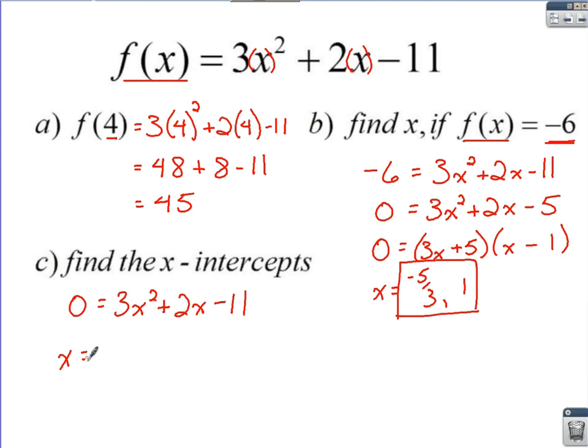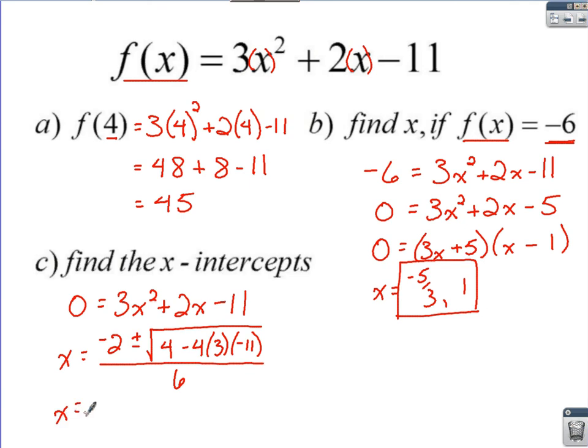well, let's see, it starts with -b. So b is 2, we say -2, plus or minus the square root of. Under the root, we've got the discriminant value of b squared minus 4ac. So b squared being 2 squared, 4, minus 4 times a, which is 3, times c, which is negative 11, all over 2 times a, which is 3, so we'll say 6. I'm going to try to squeeze this in here. x equals negative 2 plus or minus the square root of